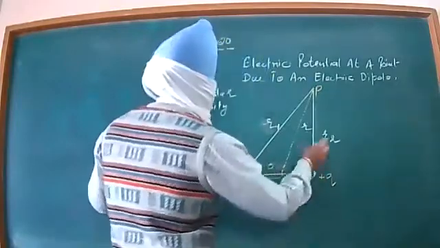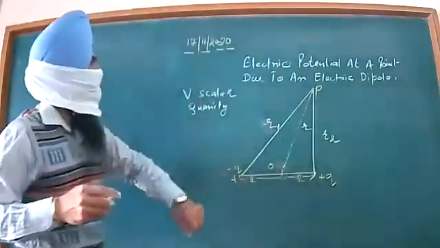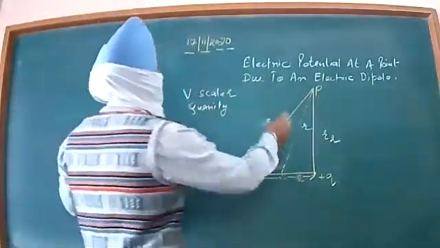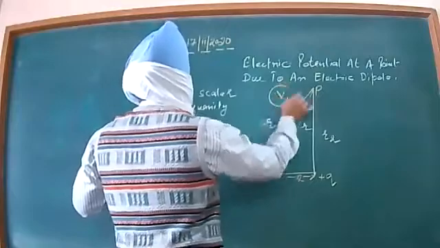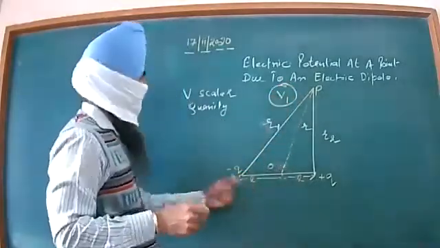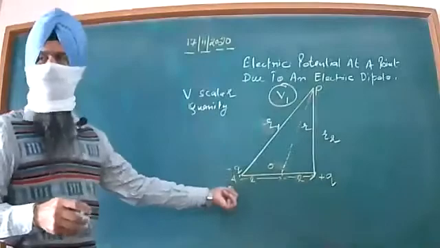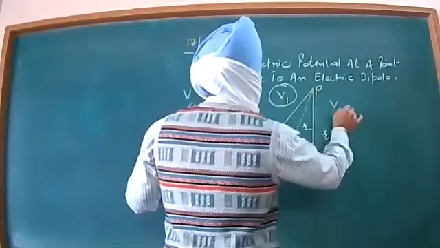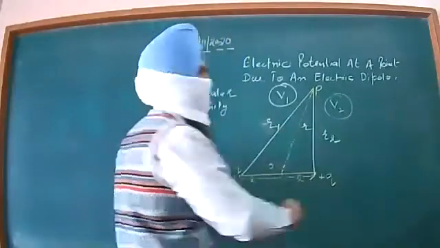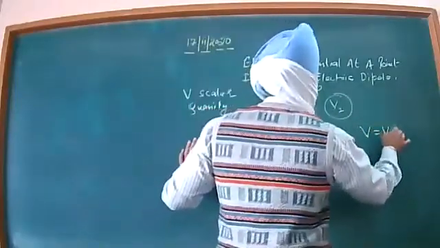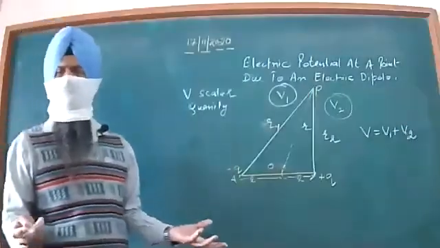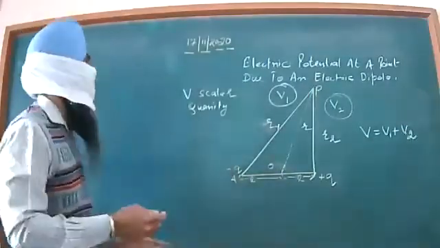Let us further say that if we calculate the electric potential at point P, we may mark the potential due to this negative charge as V1, because we have termed it as Q negative, and due to this Q positive, let it be V2. Or I will say that the net potential will be V1 plus V2. Now our basic point is to calculate V1 and V2.